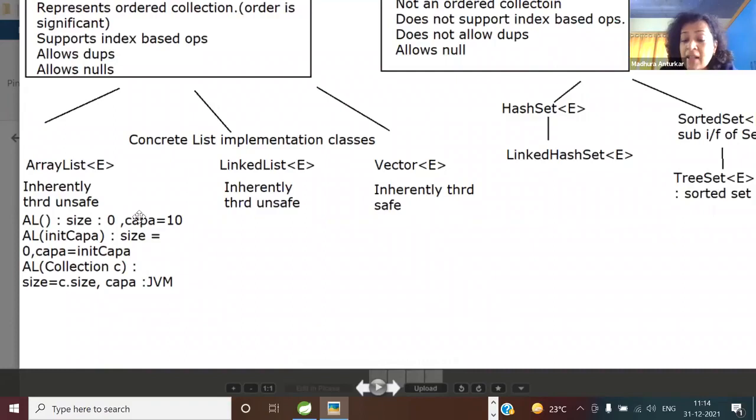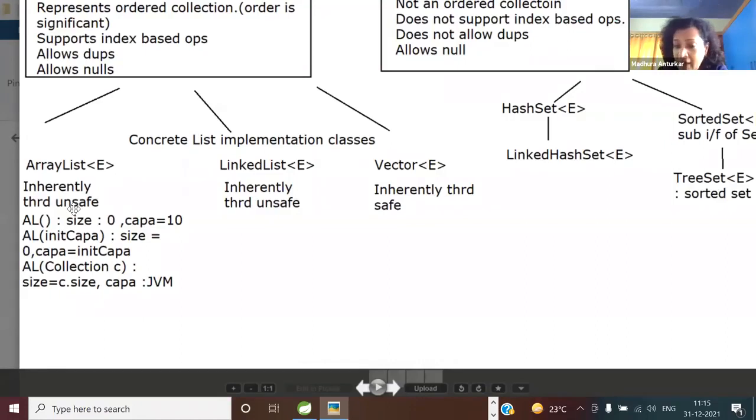So is ArrayList inherently thread safe or thread unsafe? Answers are right in front of you. I just want you to read that. Thread safe, S. Thread unsafe, UN. Thread unsafe. Okay. So thread unsafe means it is also called unsynchronized. But what is that synchronization? What is involved in thread safety? All will be covered in the multi-threading topic.